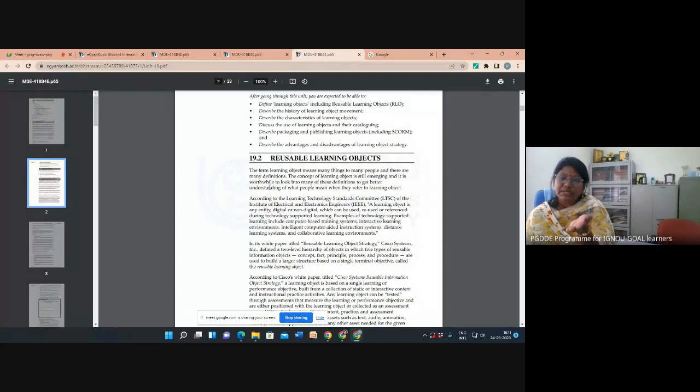Similarly, the environmental science group can also come and use it. So a small clip or small piece of content, a learning object, is reusable for different clientele groups, like PG, UG, and schooling. We are repurposing the same content. So this is called reusable learning objects.